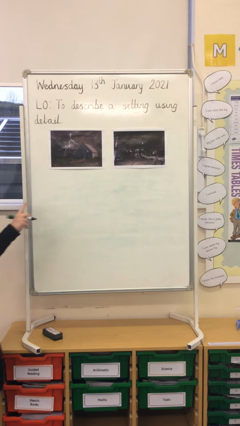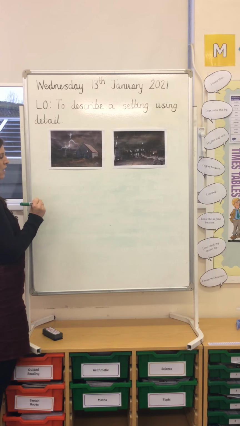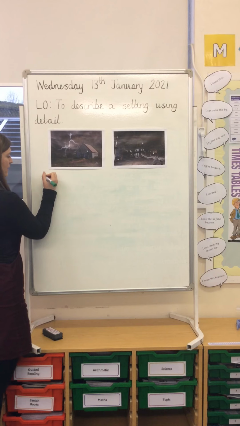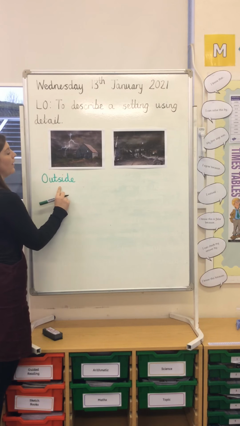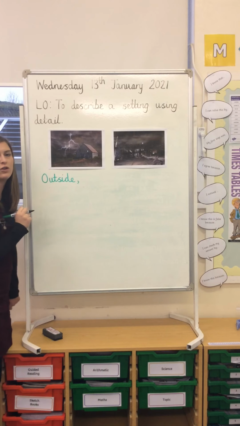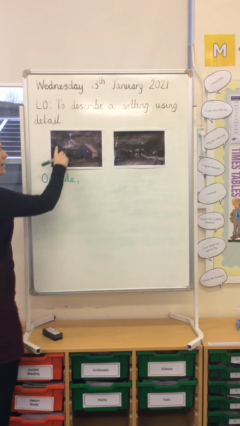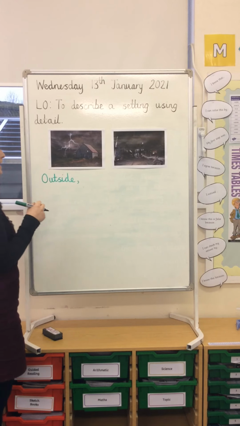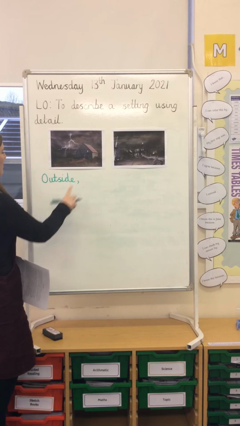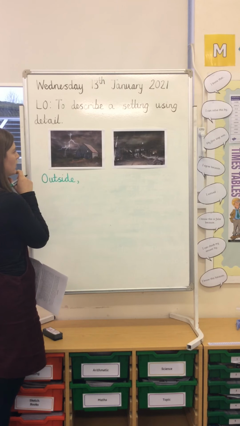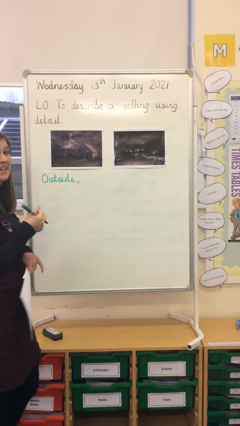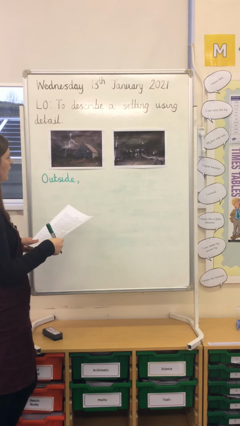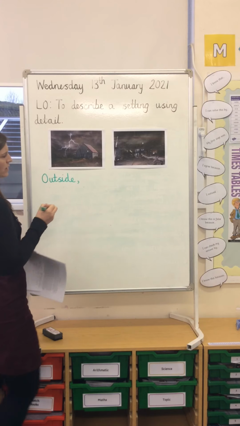So I'm going to start my paragraph thinking about outside. Remember, you are going to need your capital letter, and your comma after your sentence opener. Outside, well, I've already pictured mine, and like I say, you want to research and get some images for yours, otherwise it is tricky. But I'm thinking, what's happening outside? It's very dark, it could be raining, it's probably windy, or I can see lightning, so I know that thunder and lightning are often together. So I'm going to say outside,